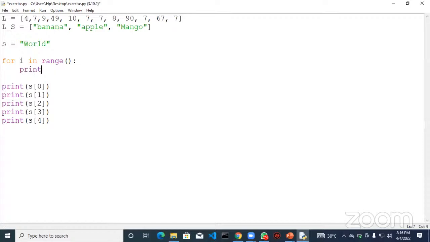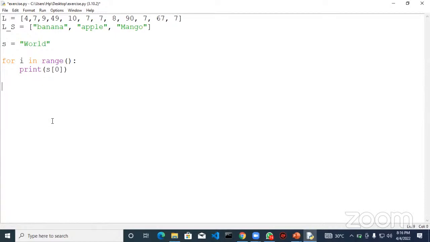Instead of printing s, what we want to print is s of i. But we won't actually put 0 there, because remember I said before, once a loop starts, Python will assign